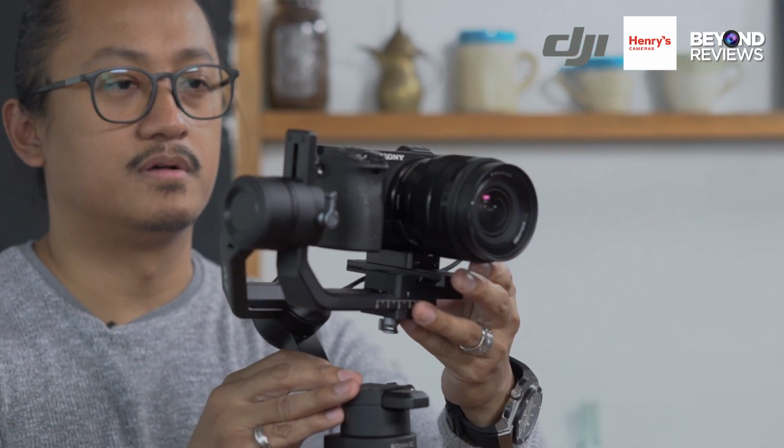here we go. Looks pretty good. That's it, okay? And also make sure that the table or the surface that you're balancing it on is also leveled. And the additional thing that you can do to balance your DJI Ronin-SC is power up your Ronin, and